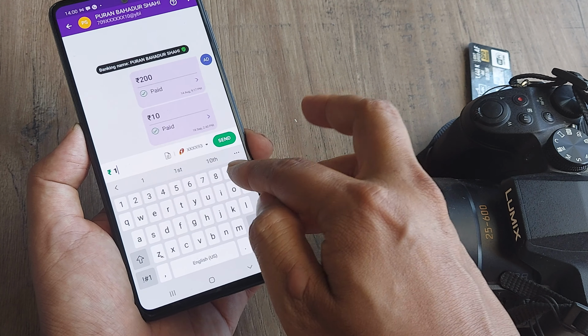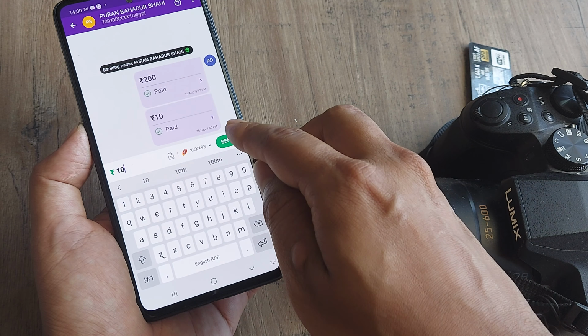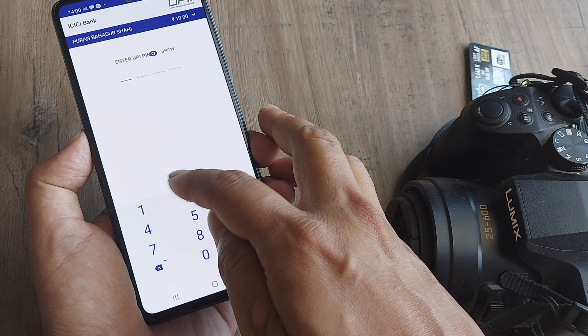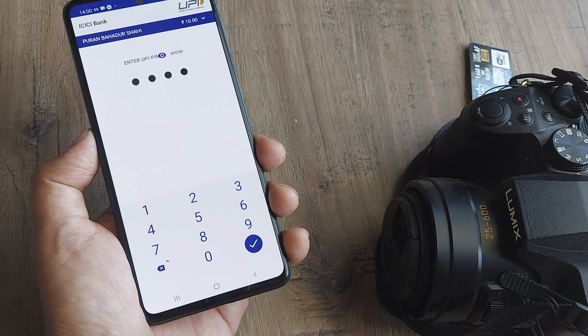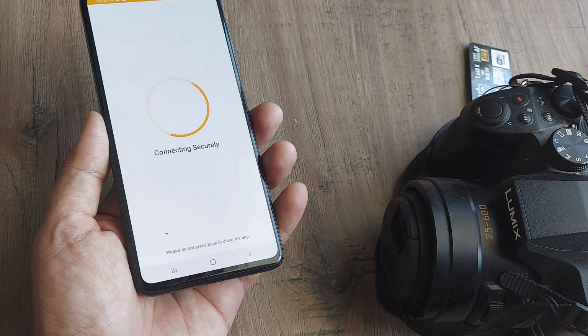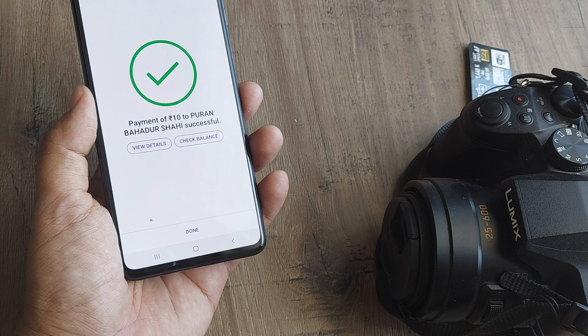Anyways, I put in the amount, then I select from the UPI bank, and then I click on send. Whichever account I have selected, I need to put in the UPI pin for this. So I put in the UPI pin. This is the edited pin, so don't worry. Once you have done that, you click OK. It will say that the money has been transferred. So there you go. The amount is instantaneous.